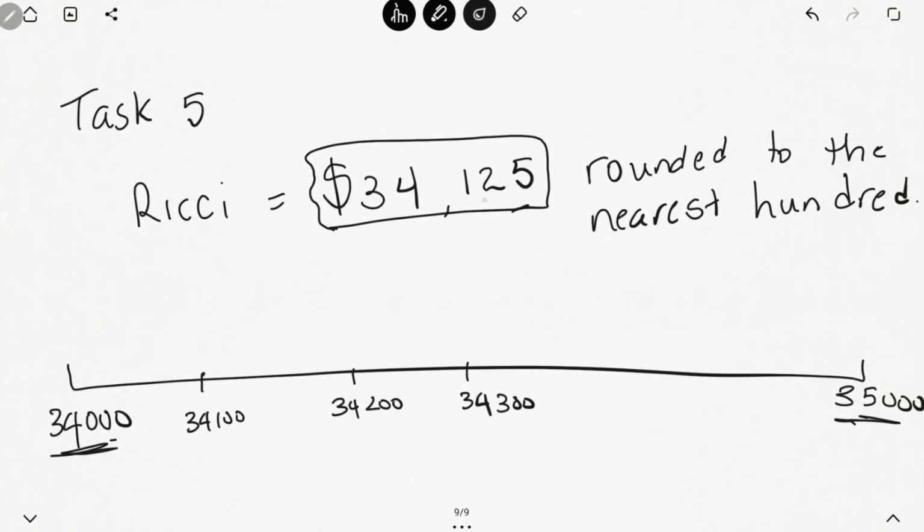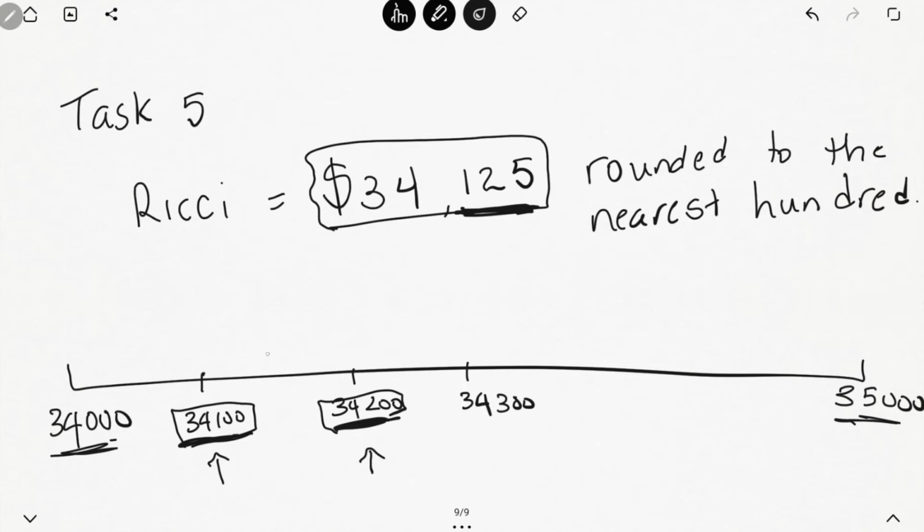We know that 125 is the last three digits, so 34,125 has to be somewhere between 34,100 and 34,200. And we actually have to determine, is it closer to 34,100 or closer to